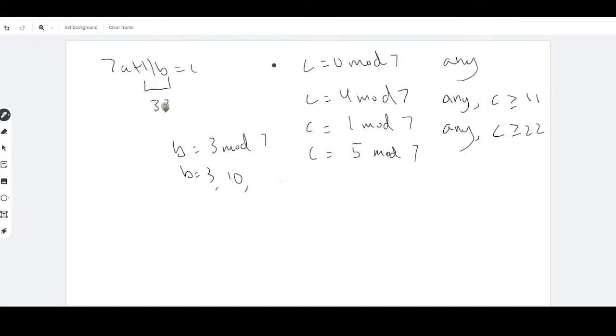And this is the exact same thing that we said before with C is 1 mod 7. Essentially, C has to be greater than or equal to 33. But as long as C is greater than or equal to 33 and it's 5 mod 7, then we can also always get a solution for its corresponding A. So this will also be any